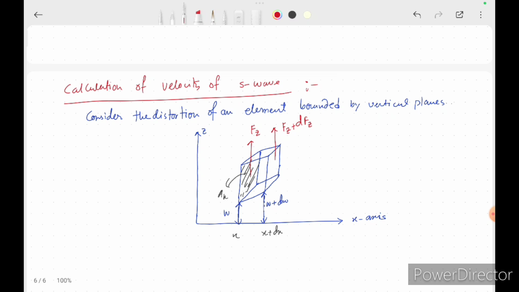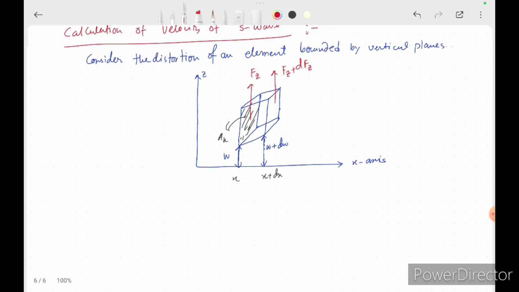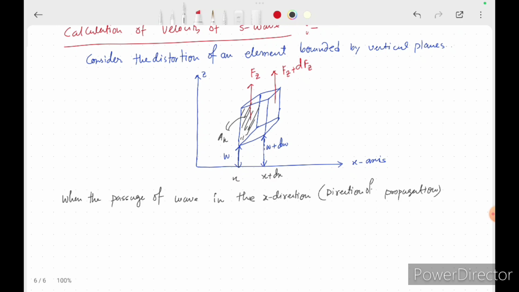So here, let us consider the passage of a wave in the x direction, so the direction of propagation, right? In the x direction, this is the direction of propagation, the x direction. So when the wave passes in the x direction,